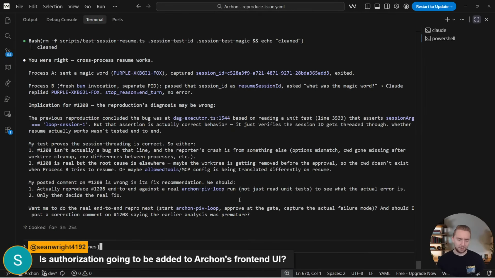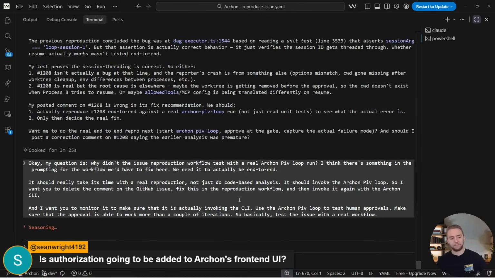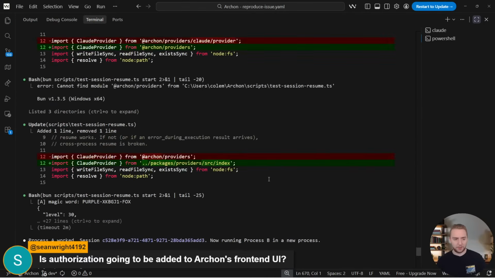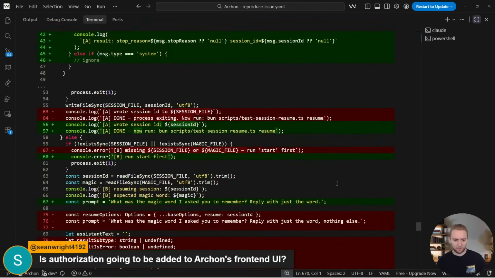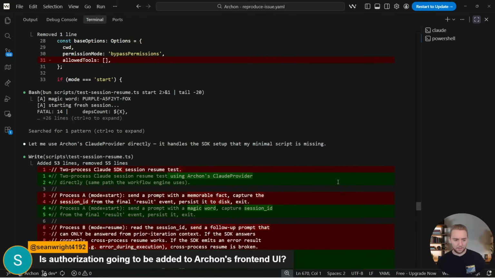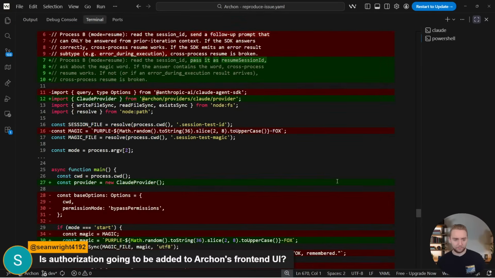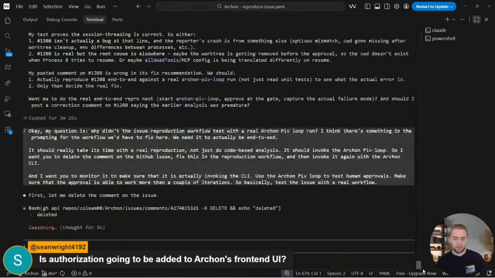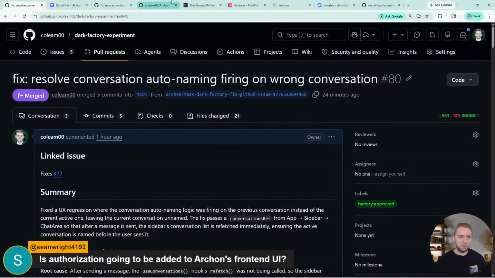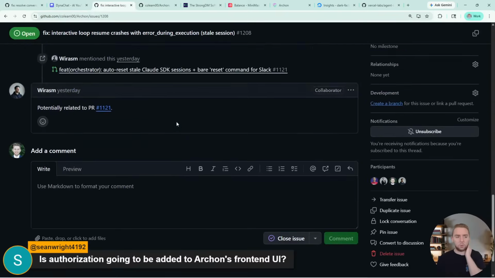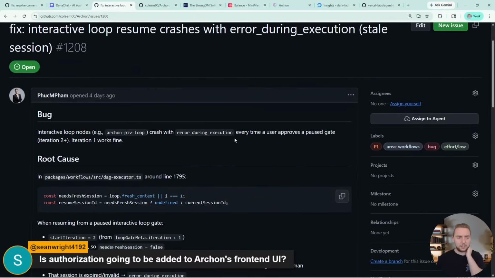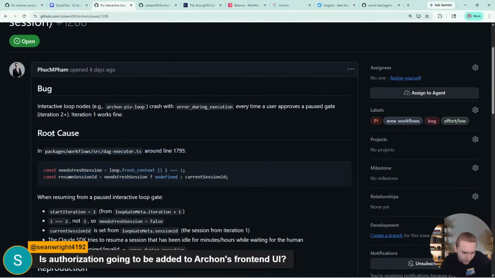Wow, it's taking a long time to transcribe. There we go. Okay. This conversation might hit a memory compaction soon, though, unfortunately. All right. So yeah, it confirmed what I thought. It's a little dangerous, because if I had actually moved forward with this fix here, I would have made Archon not work quite as well, just to fix a problem that might not be a real problem. I mean, this does look legitimate though.